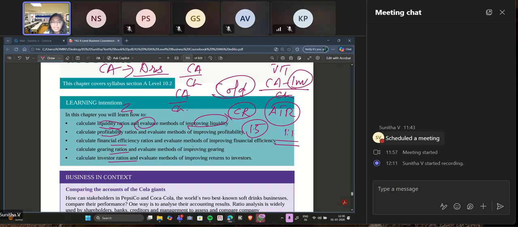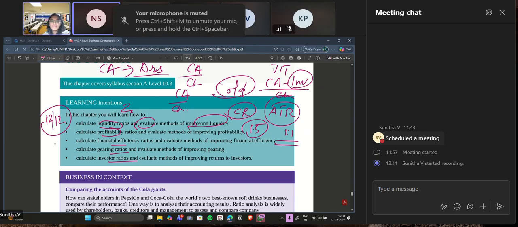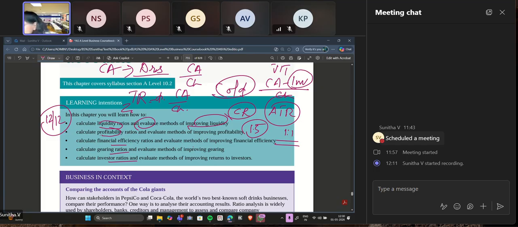So this should be an easy 12 on 12. Learn the formula and apply it to the case study. Look at the trade receivables ratio. See how many days they are taking. As I keep repeating, your case study is your marking scheme. Keep referring. All right. So we are done with liquidity. Now tell me how many profit